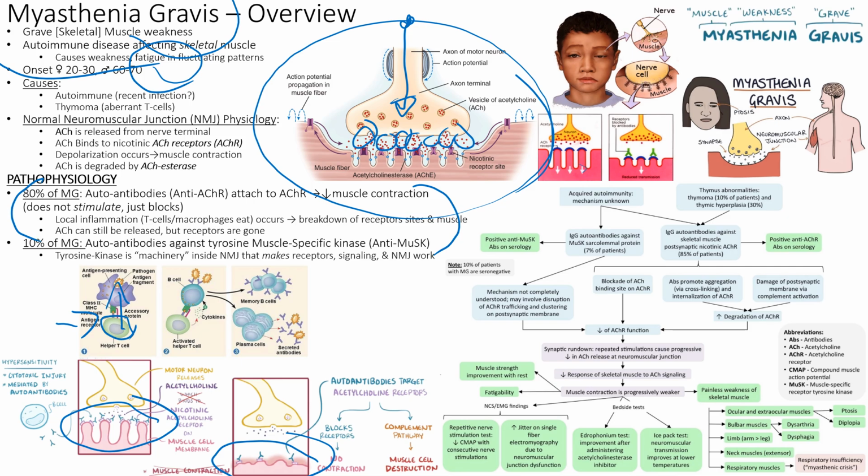So it goes and starts attacking one of the two, either the tyrosine kinase inside or the actual acetylcholine receptor sites, right? It binds to them and sticks to them. It doesn't actually stimulate the muscle. It just binds to it and stops it from working. All right, so now the muscle doesn't work well, right? Because our acetylcholine receptor sites are destroyed or are not being produced. So that's the idea behind